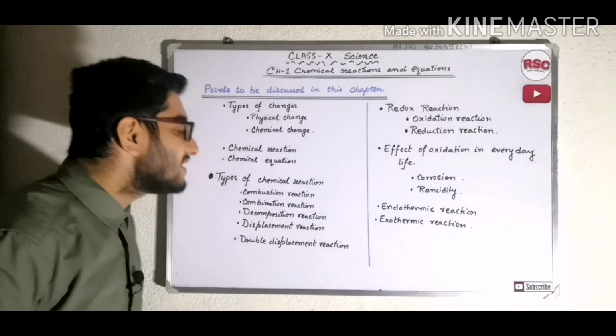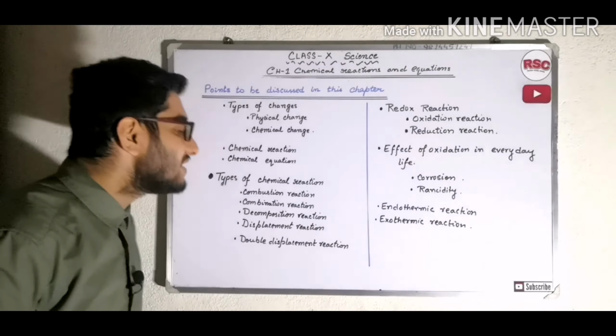And endothermic reaction and exothermic reaction. Let me tell you what endo and exo mean. Endothermic means where heat energy is absorbed. Any reaction where heat energy is absorbed is called an endothermic reaction. You will know about the term, but I am just telling you that. And exothermic reaction is where heat is released. Afterwards, when I give you more videos, you will understand more of these two terms, that is endothermic reaction and exothermic reaction.